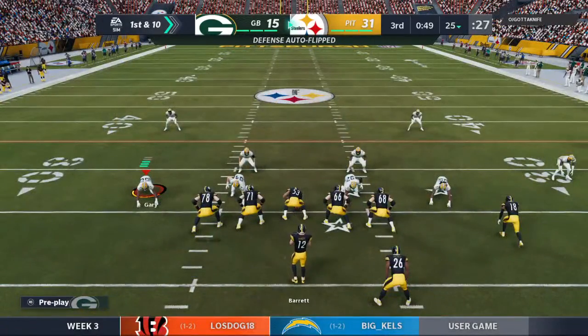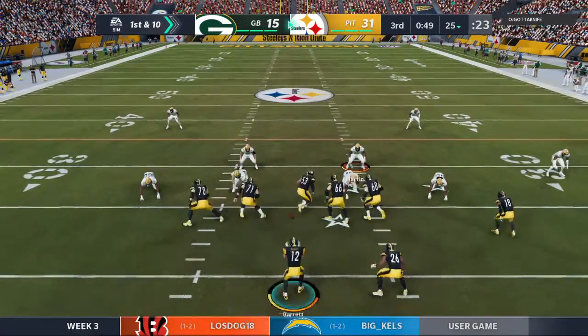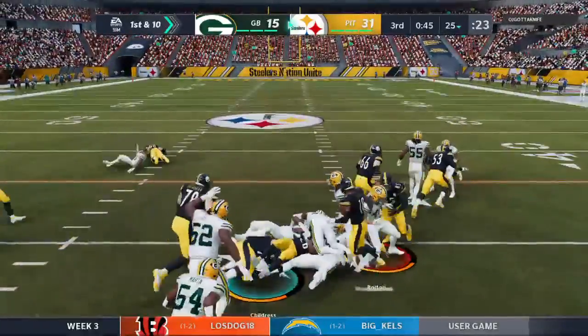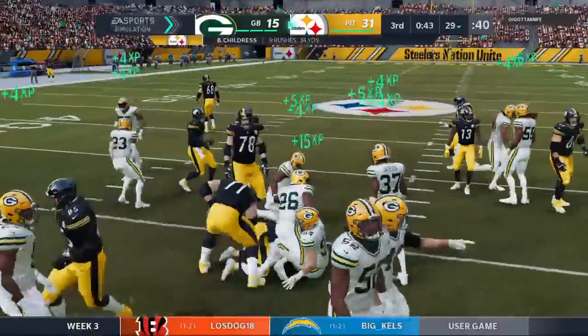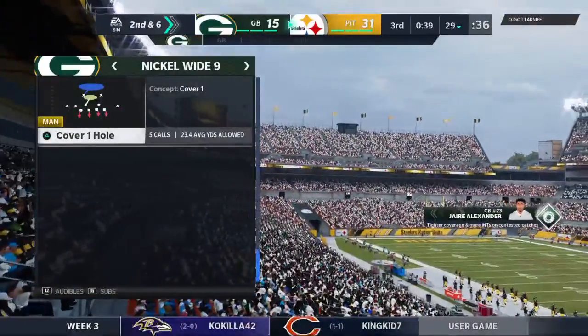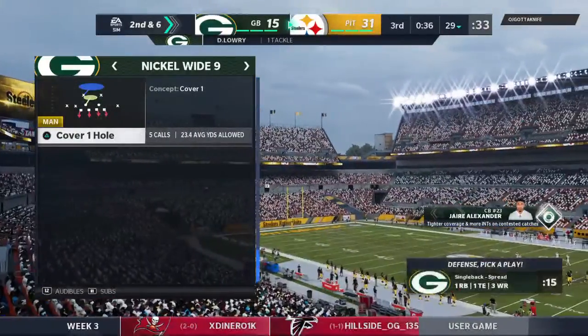The Pittsburgh offense at the line to start their next drive. This is sort of what you would call a put-away drive. As they score here, especially a touchdown, it's almost out of reach. It certainly feels that way, and I think that they're going to call their plays accordingly, because what you really want to do, even though you know the scoreboard is still up there and the game's going to go on,